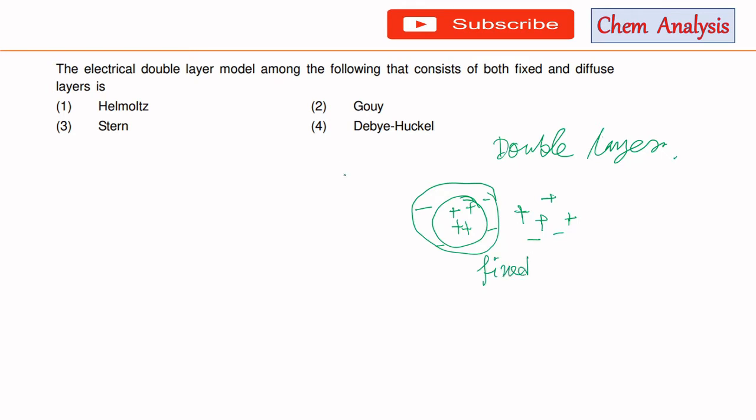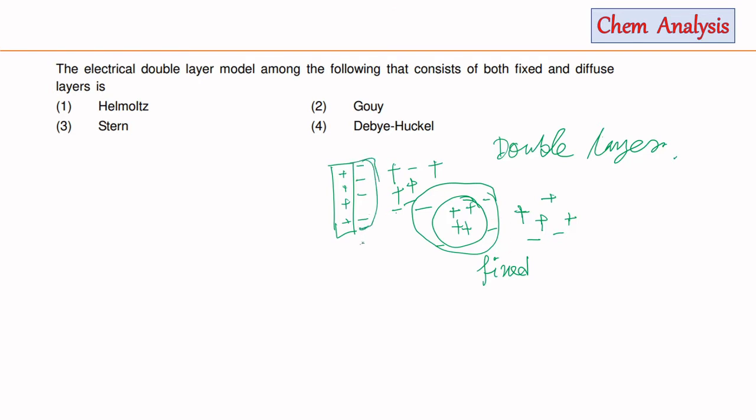Such a layer can also arise for an electrode, that is if there is a positive electrode, then there will be a fixed anionic layer, and similarly in the bulk of the solution, there will be a layer where both cation and anion are distributed. This layer will be known as fixed layer, and the layer after the fixed layer, that is in this case here and in this case here, is known as diffuse layer.